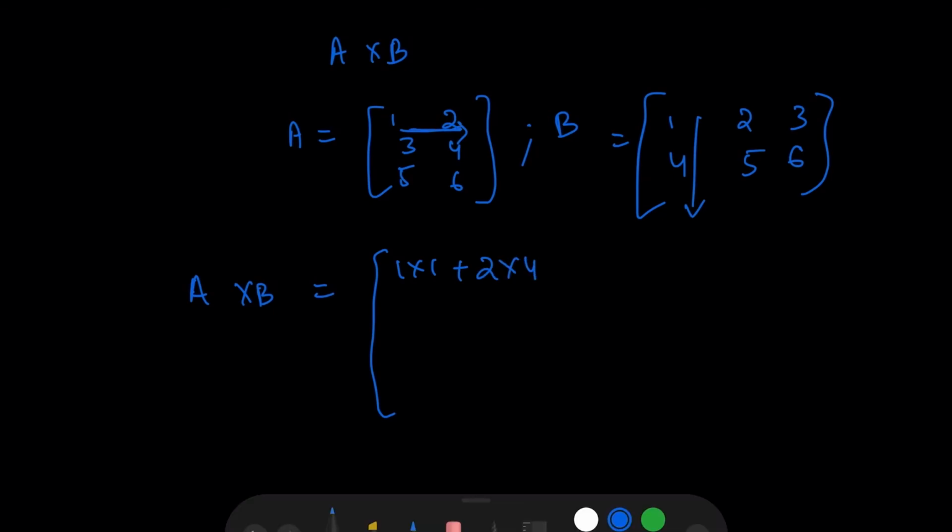So take the first row elements 1 and 2 and multiply them with the second column. That will be equal to 1 into 2 plus 2 into 5. Right? Now similarly, multiply the first row with the third column. That will be equal to 1 into 3 plus 2 into 6.